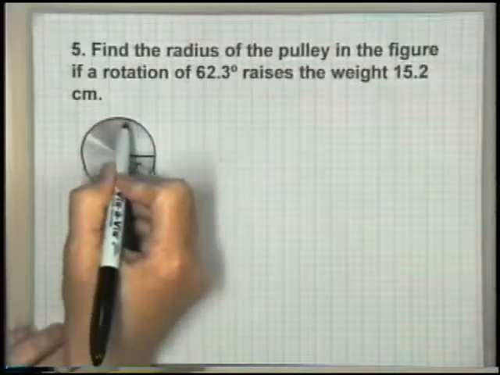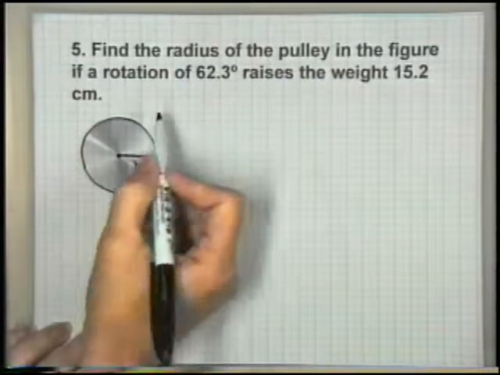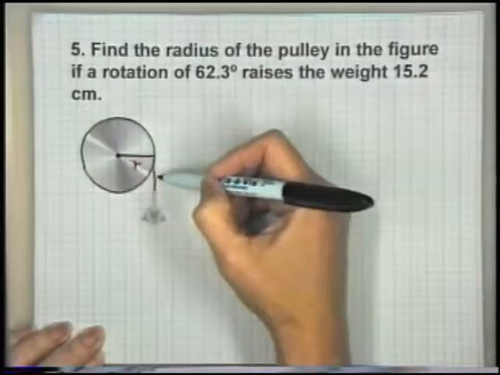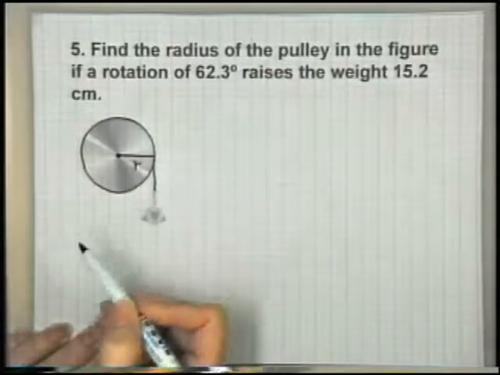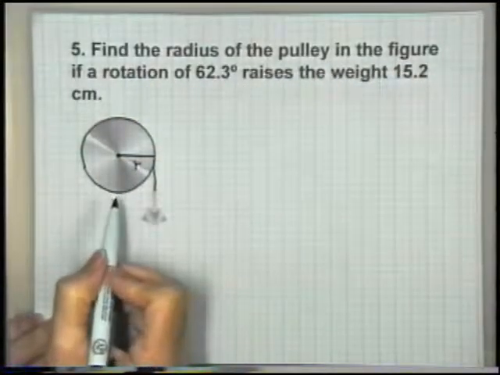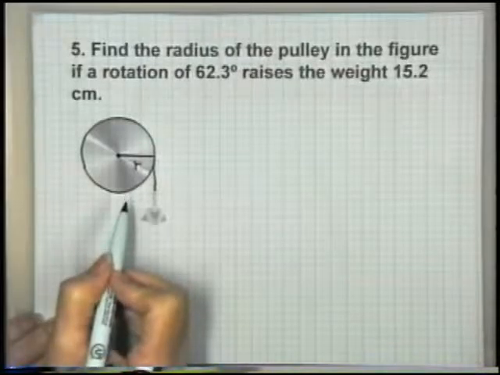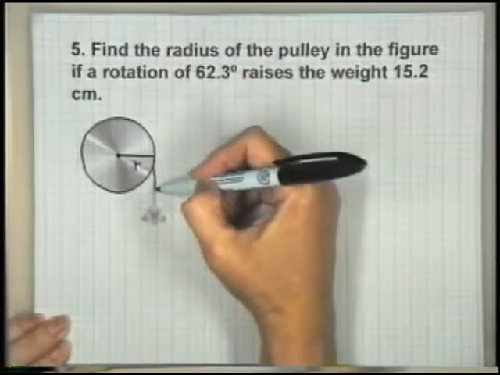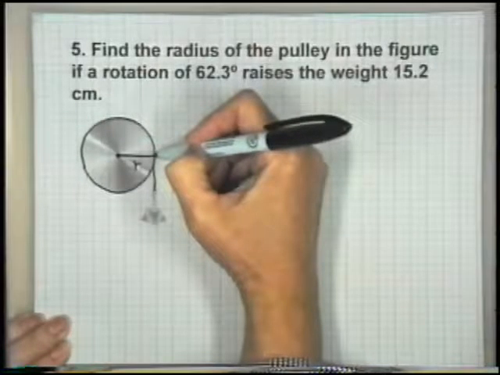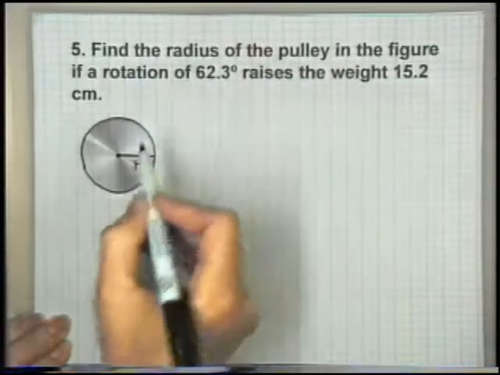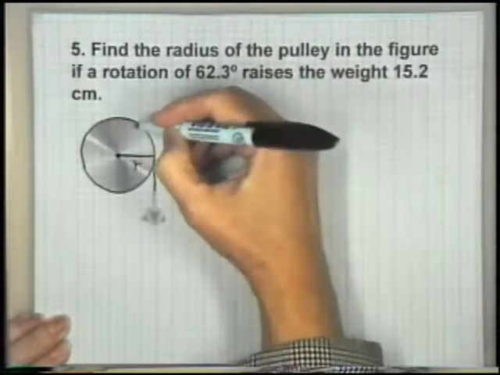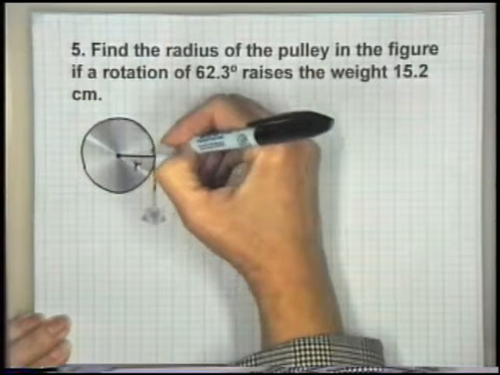Well, what happens is that a pulley turns, doesn't it? So as this pulley turns, this cable will wrap around the pulley and the weight will come up. What it's telling us is, if a rotation of 62.3 degrees raises the weight 15.2 centimeters, that's because this cable on this pulley has been pulled up 15.2 centimeters. Well, that 15.2 centimeters